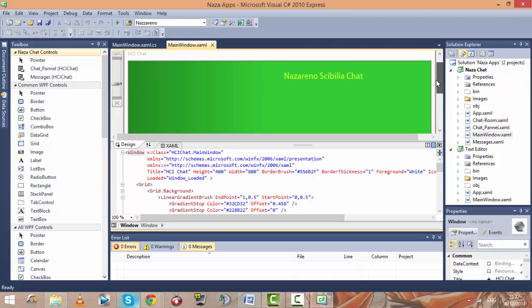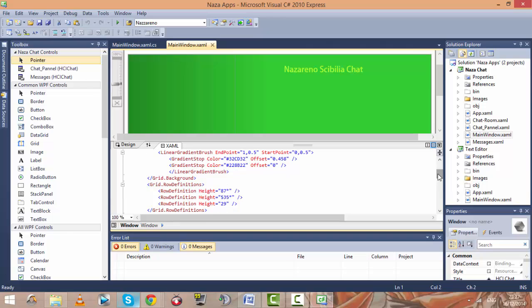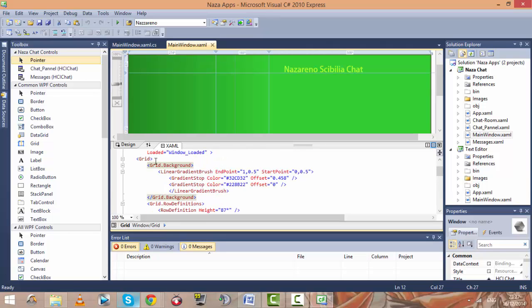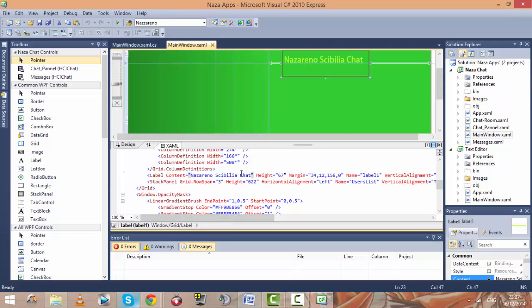So let's see. First of all, I have accessed the MainWindow.xaml, and here we can see that it's divided into parts. We can see the code, the elements used, such as greens, which are used for the background. For the background, you can see the color which was used, the green part. Here we can see the title and so on, the formatting of